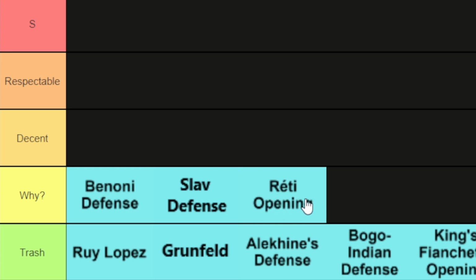It ain't bad. I wouldn't say it's trash. It's kind of bad, but you can always put a pawn on d4 or e4 the move after that, so that's fine, but it ain't trash. But it's like, why not just put a pawn in the center first? Next we got